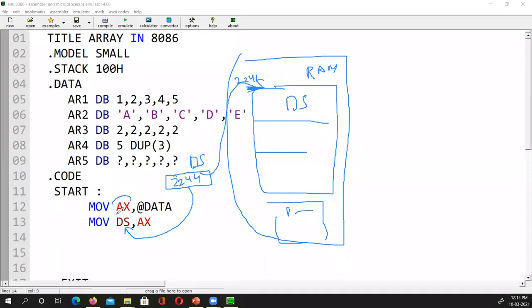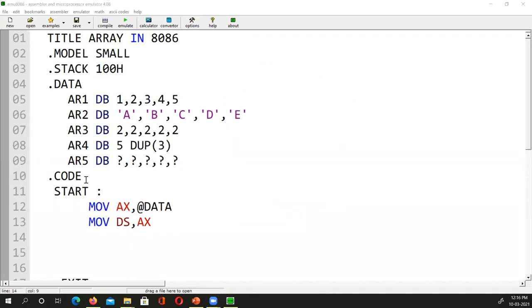For that, we need a general purpose register like the accumulator, the first register, which accesses the memory. So first we put the data segment address into AX and then put AX into DS. Basically, we are initializing the data segment register so that we understand where my data is residing.